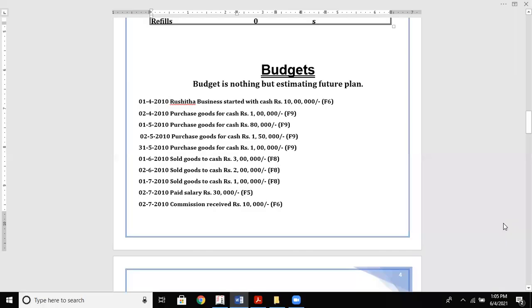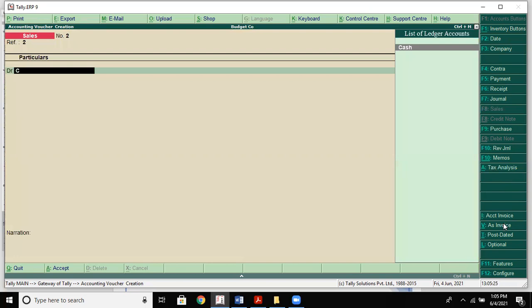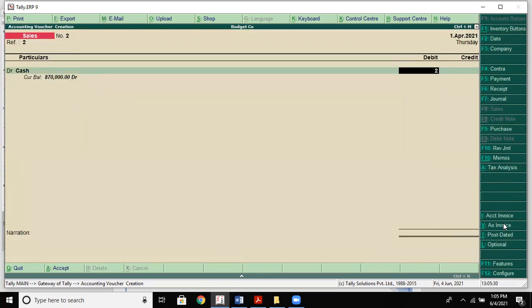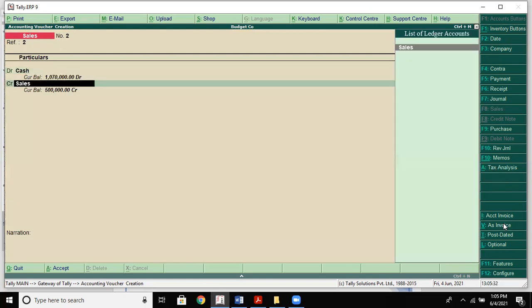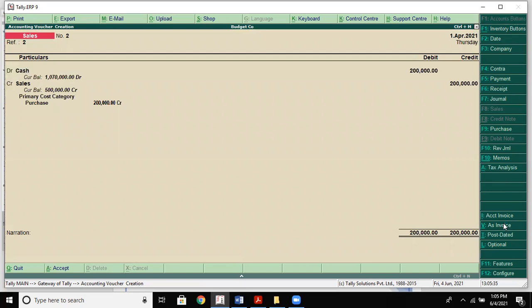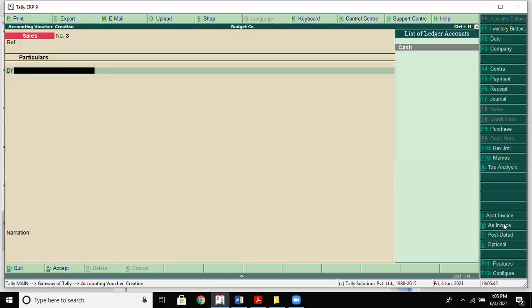Then she sold other goods for 2 lakhs. Then another 1 lakh.